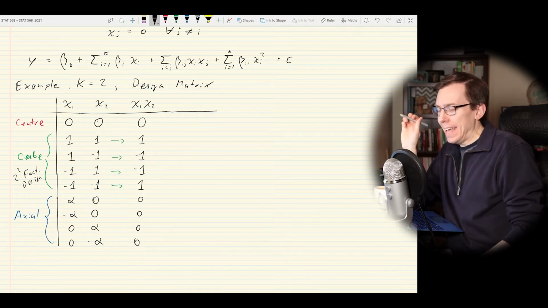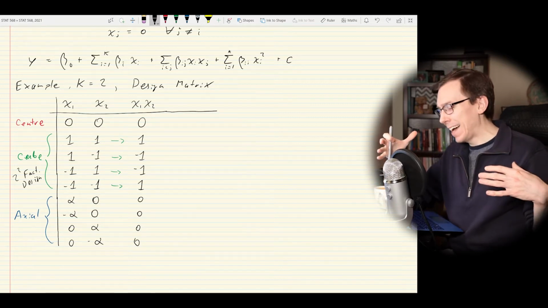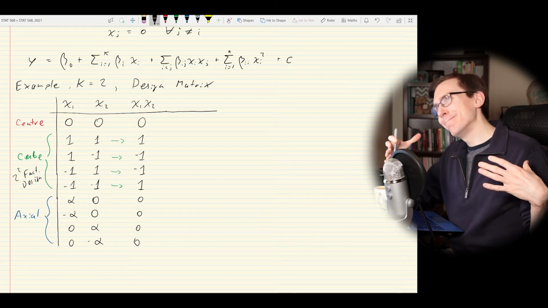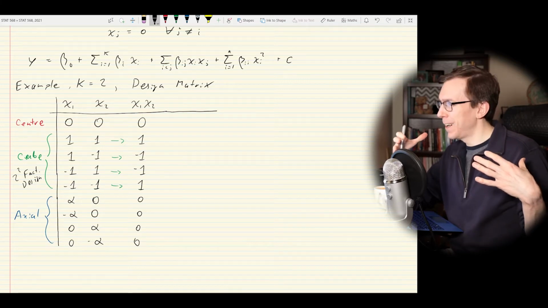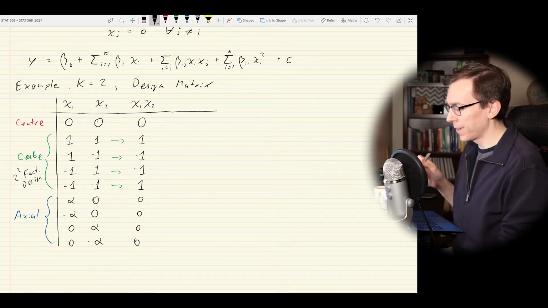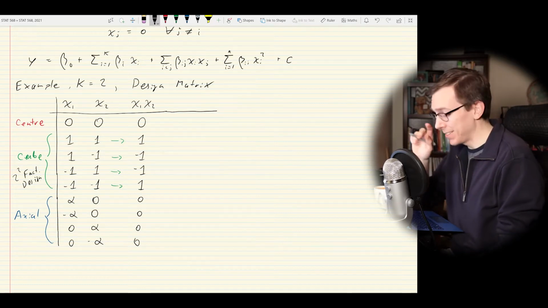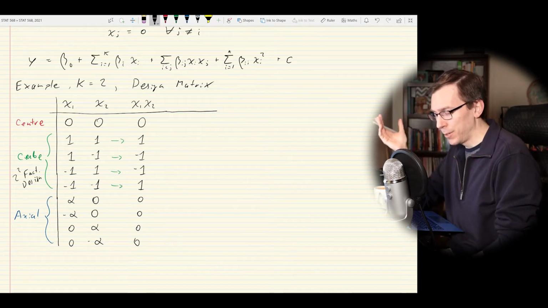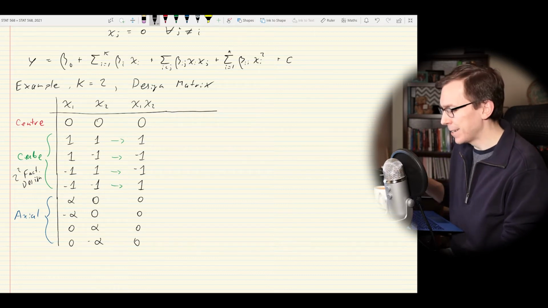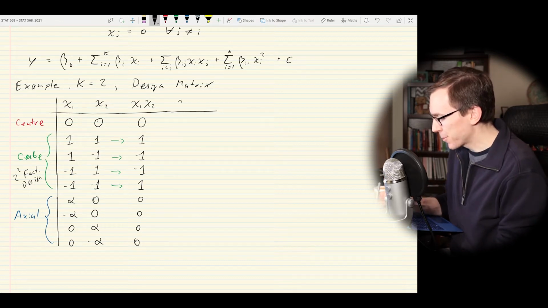So remember, when we're trying to estimate parameters in a linear model, we have to make sure that the columns of the design matrix are all orthogonal, or not necessarily orthogonal. We need to make sure they're linearly independent of each other, or else we can run into trouble because we won't be able to invert the design matrix. So that's where we have to be a little bit careful, and that's where all of these points are going to come into play,